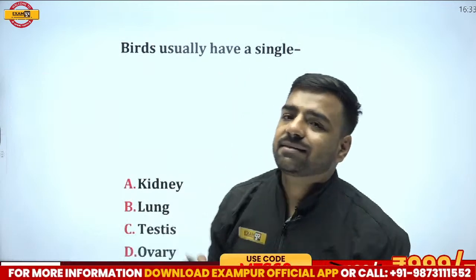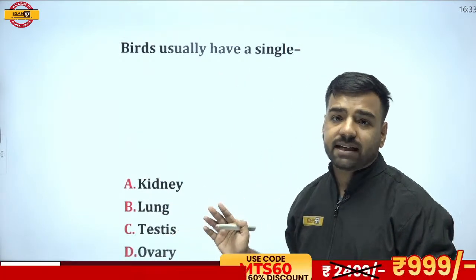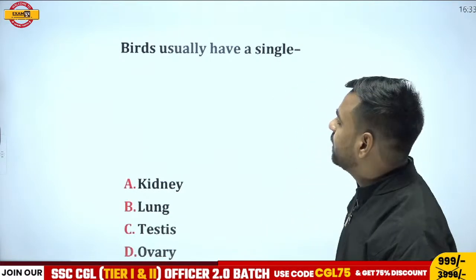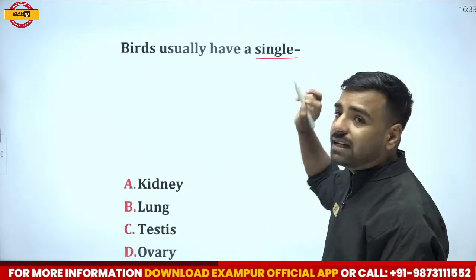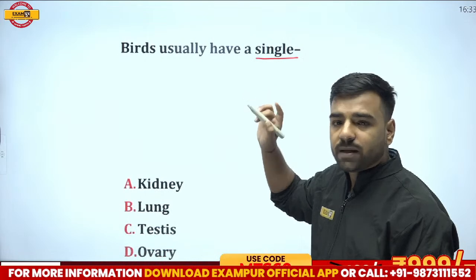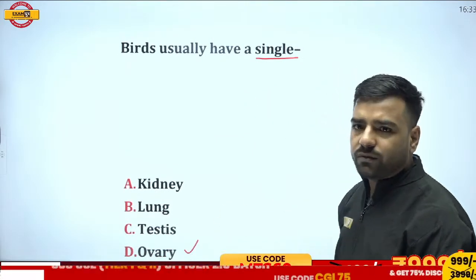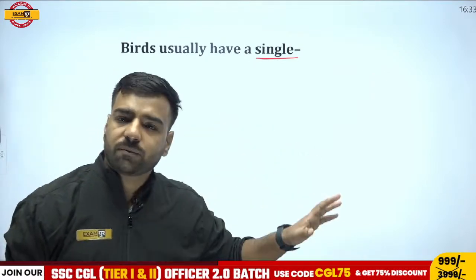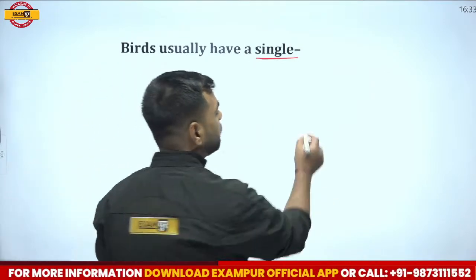Okay, and yes, these questions are quite confusing, but since they are asked in the examination, we must be aware of this thing. Again, I'll say the same thing. Birds usually have a single functional ovary. And what is ovary? If I talk about the female sex organs, the reproductive parts, here ovary is the one